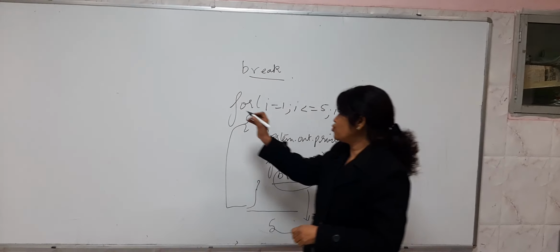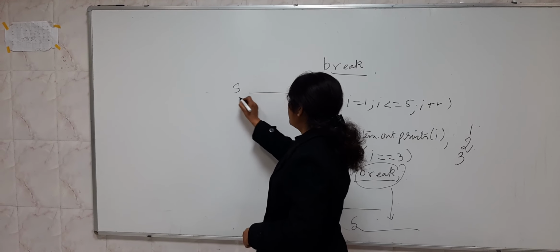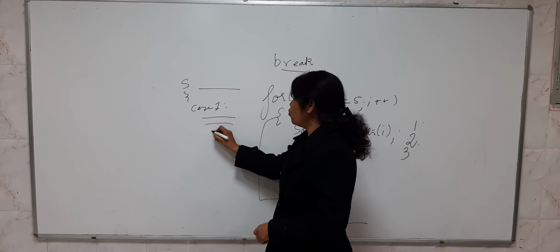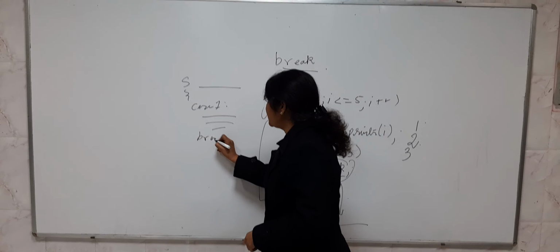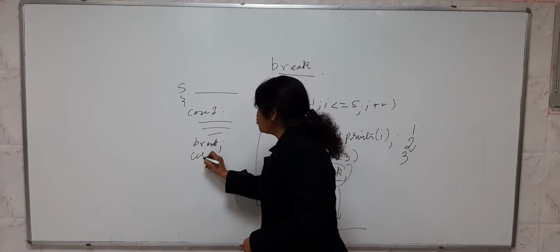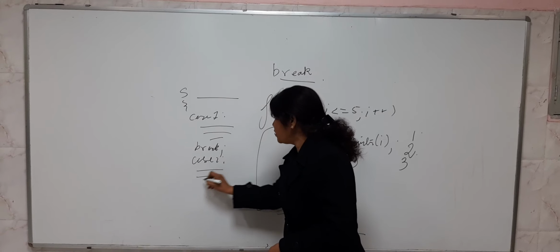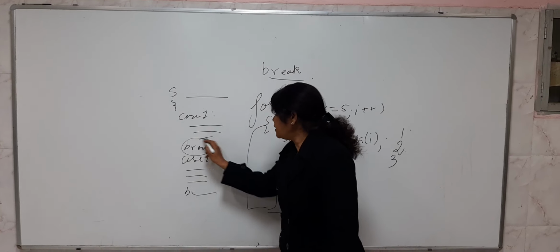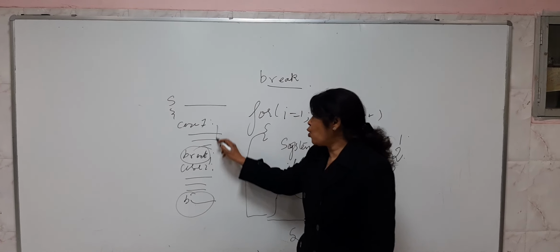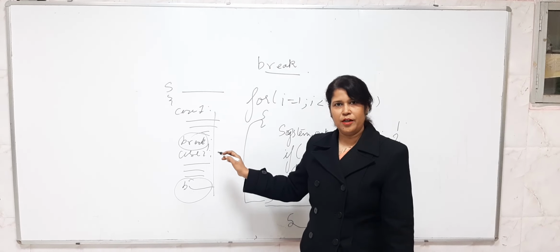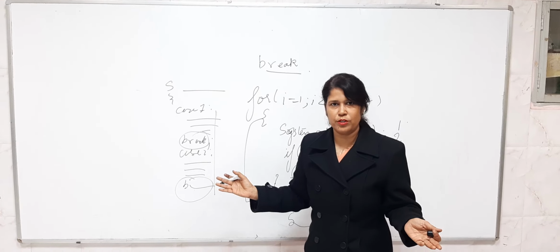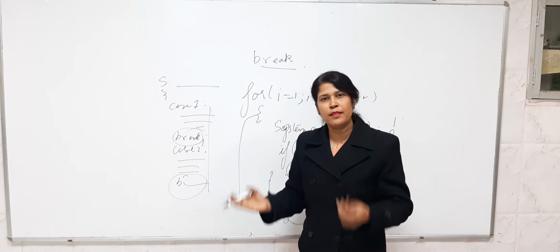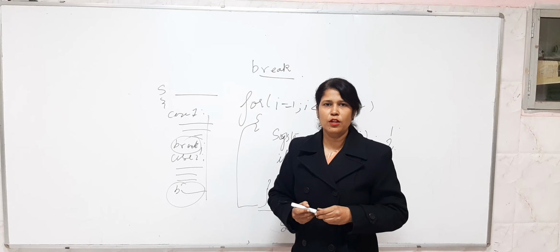When we write switch case, in switch we write the condition, then we write case 1, whatever we have to perform we do, then we write the break statement. Then we write case 2, then whatever statements, and then we write break. If we don't write these break statements, then all the cases will be executed. It will not depend on the user's choice. All the cases will be executed in the absence of break statements, and this situation is called fall through.